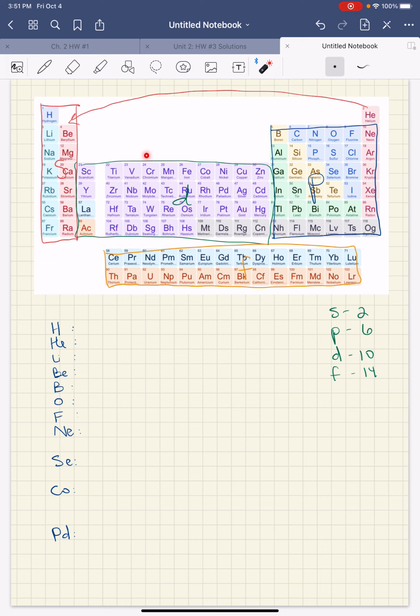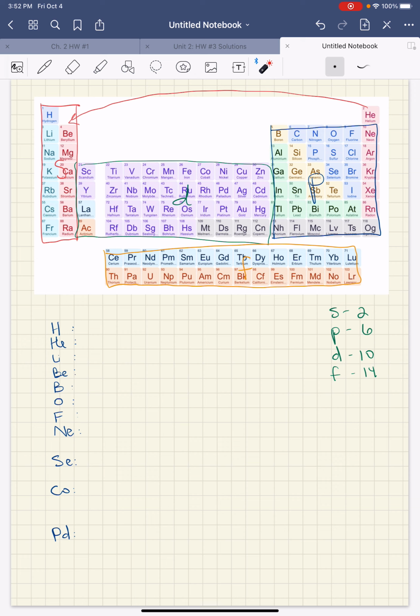Remember, after 4s, right here, we actually have 3d. So the D sublevel is always one row behind where it appears to be. So it looks like it's here on this 4th row, but actually it's the 3rd energy level. Then we have 4p, 5s, this would be 4d, 5p,